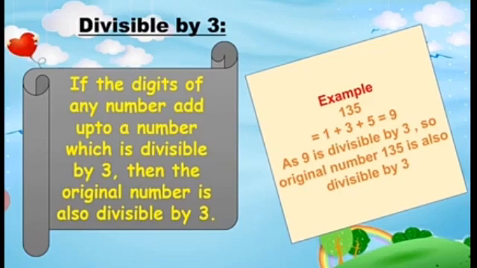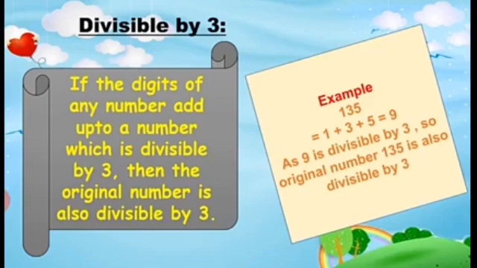Okay. One more definition of divisible by 3 is, if we add the digits of a number, the answer we get should be a multiple of 3. Okay. And as you know, the multiples means the numbers like the table of 3. 3 ones are 3, 3 twos are 6, 3 threes are 9, 3 fours are 12. The numbers 3, 6, 9, 12, 15, these all are multiples of 3. Okay.